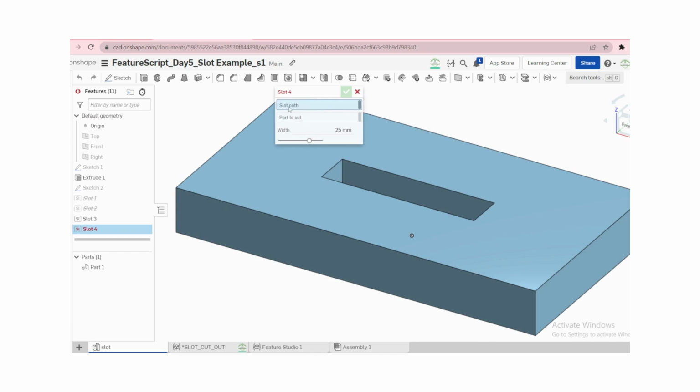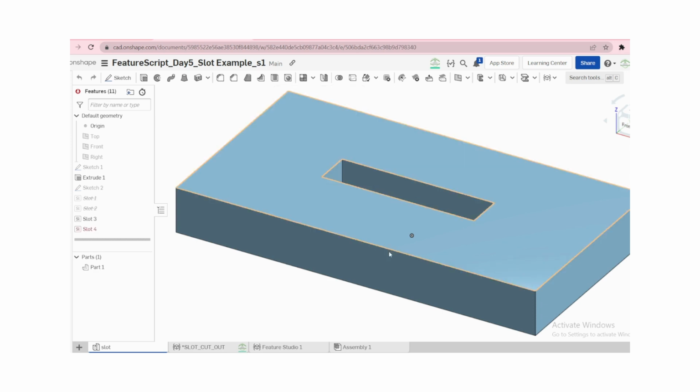They are asking you to select slot path, that is a query. Which part do you want to cut is a query. The thickness of your slot will also be a query. Therefore, if I go back here to the Feature Studio,